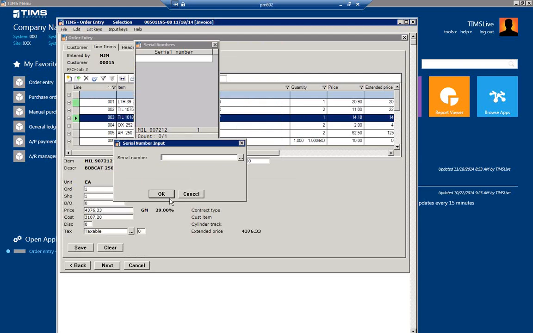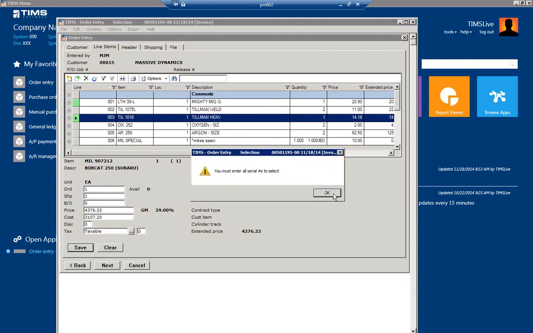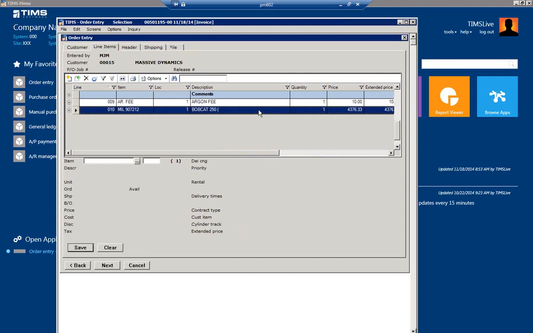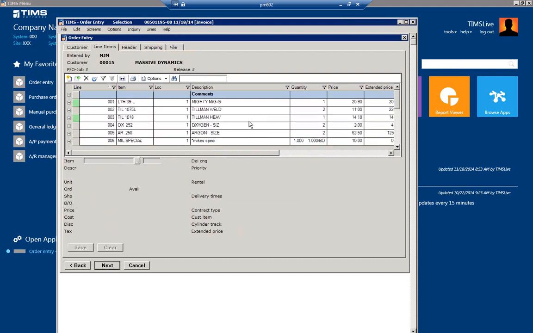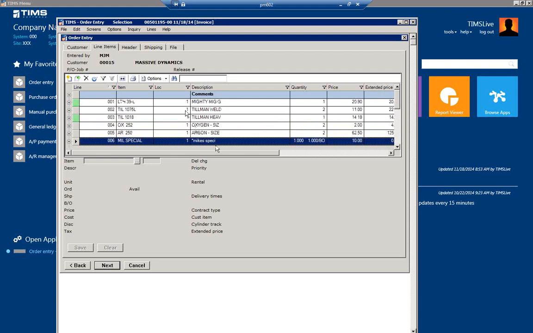Now maybe I forgot to put in the serial number. Well, I have to put in a serial number to select it. Since I overrode it, it's now on the order, but it's not in a selected state. Now if you're in a particular hurry going through order selection, if you want to see those items that have a problem right away,